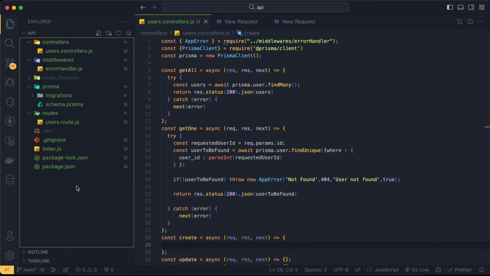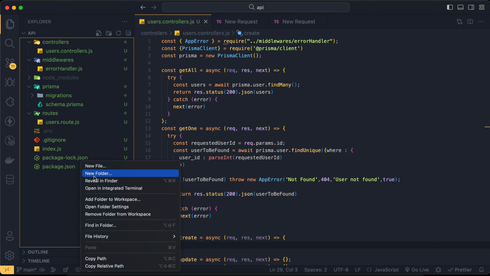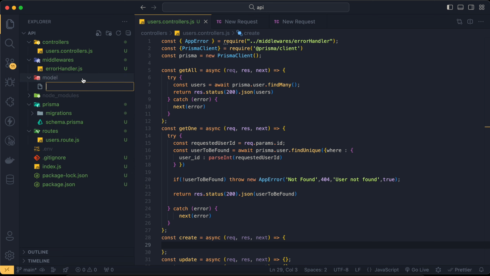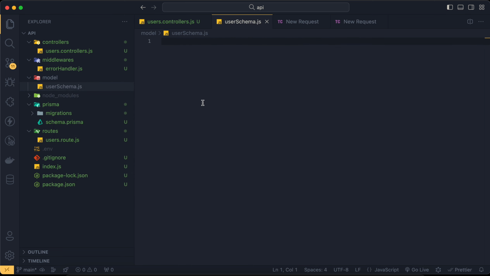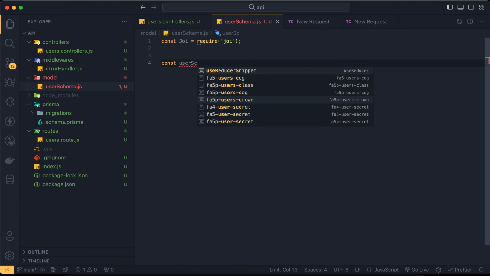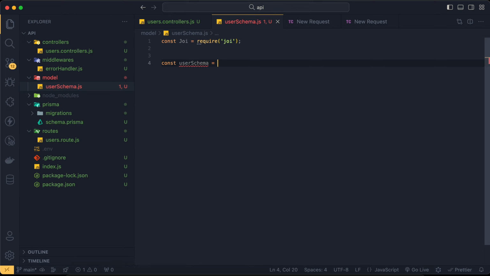Since we're using an MVC architecture, I'm going to create a new folder called model, and I'm going to create a file inside it called userSchema.js. Inside this user schema, I'm just going to require Joi. So now I'm going to create our schema. So let's say const userSchema is equal to